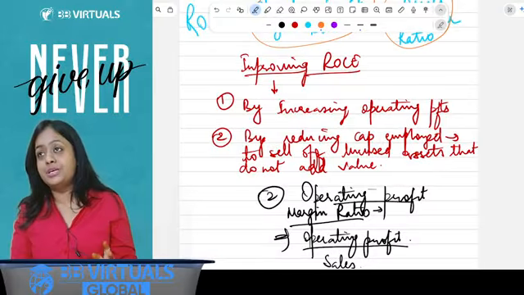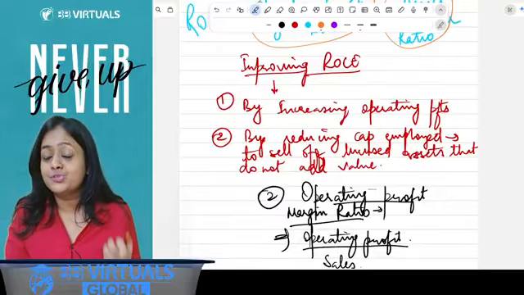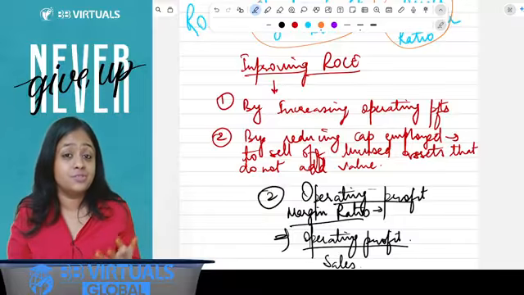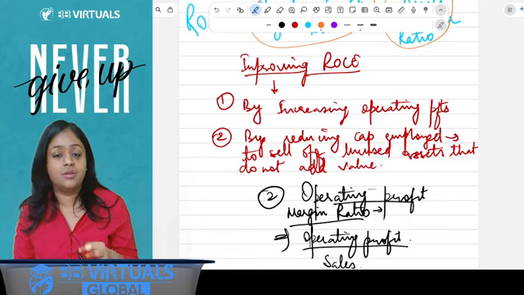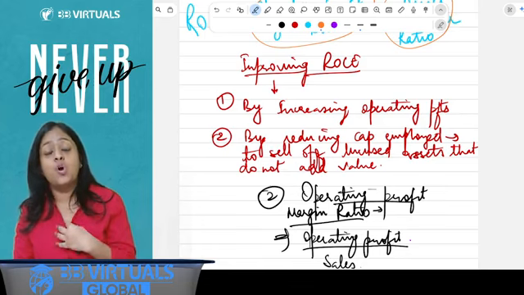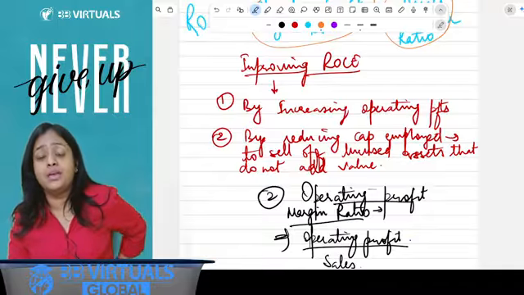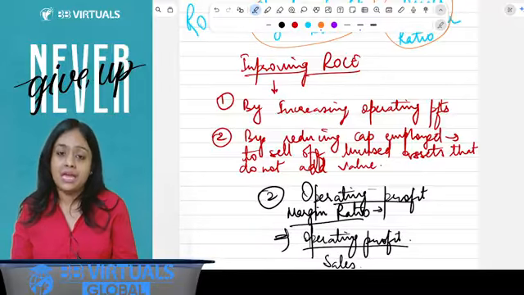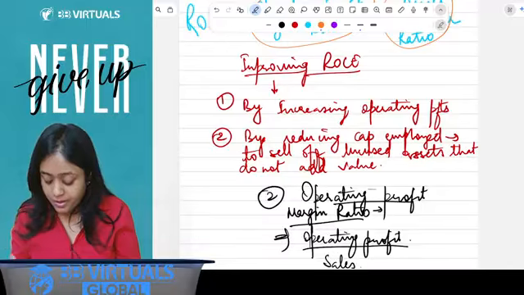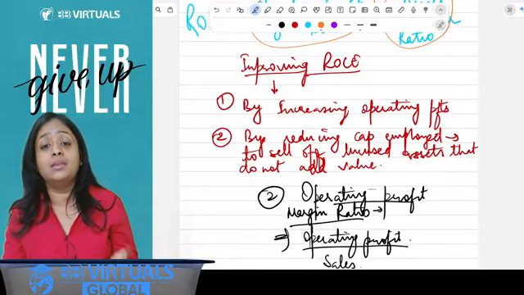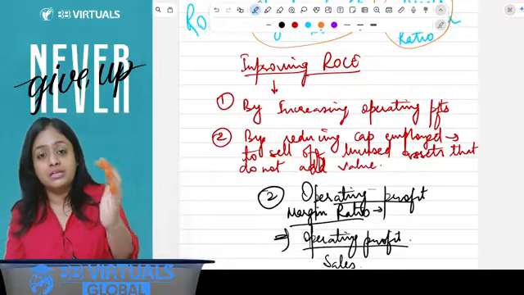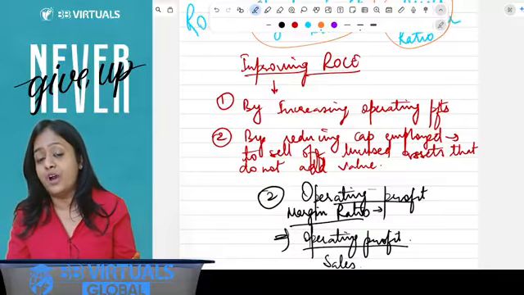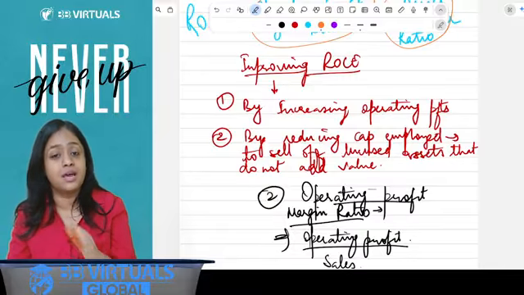Sometimes the question says that the capital employed is reduced, and it is a good thing, but sometimes no, because many times an organization works with very old assets and is not investing in new assets. So although your ROCE is good, the entity is not healthy, so you need to highlight those points also. And sometimes we can recommend that any unused assets the entity has are better sold off so that capital employed gets reduced,